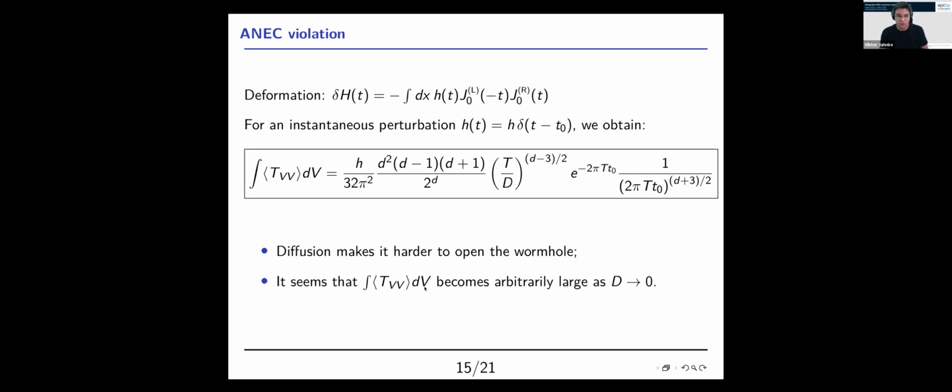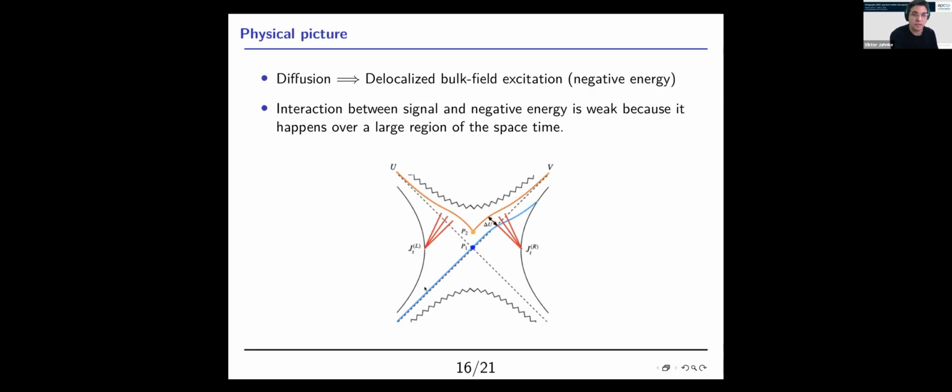Okay, so the physical picture for this dependence on the diffusion constant is as follows. Here this is the left boundary, this is the right boundary, and I'm using a Kruskal diagram. The gauge field that I introduce in the bulk is delocalized. So the interaction of this gauge field with the signal is what makes it possible to cross to the other side of the geometry. However, this interaction is weak